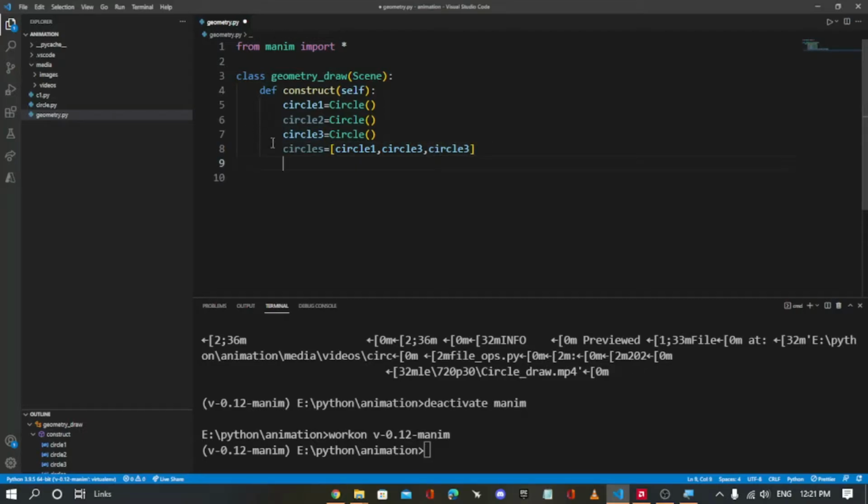So the reason why I have put circle 1, circle 2, circle 3 in a list is because I want to loop them, so that I don't have to create each circle separately. If I loop it, I can write only one piece of code and it will create all of the circles. Okay,